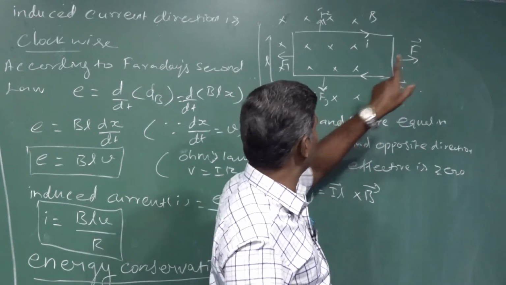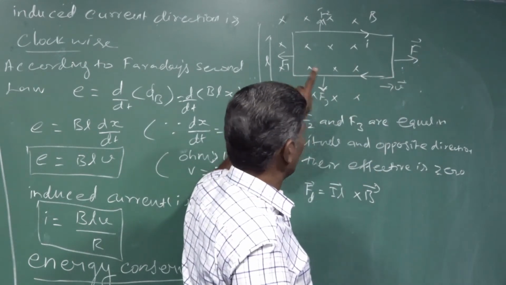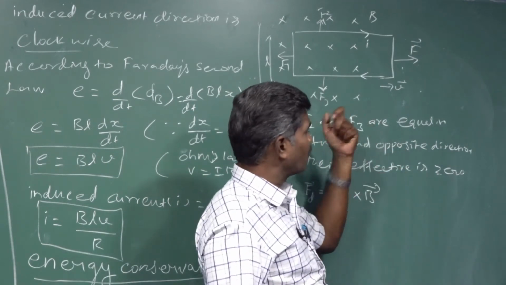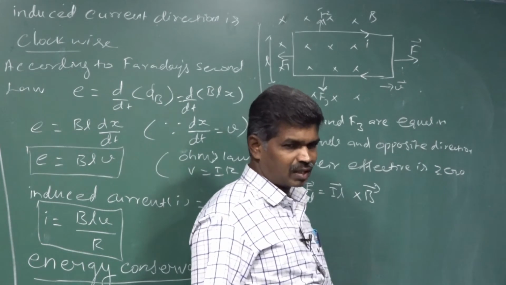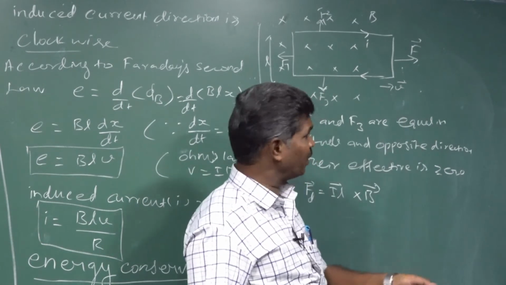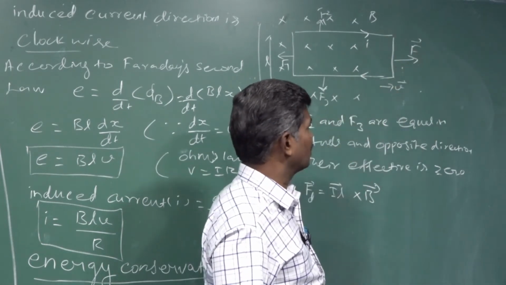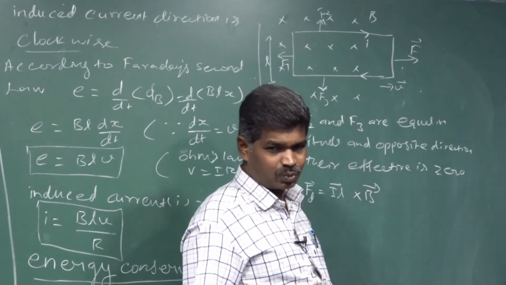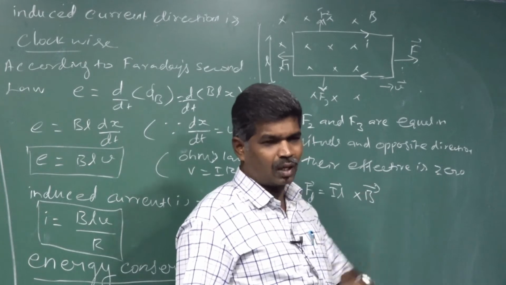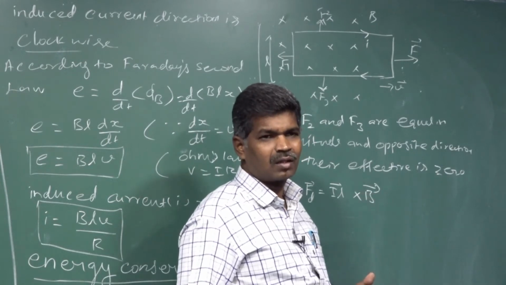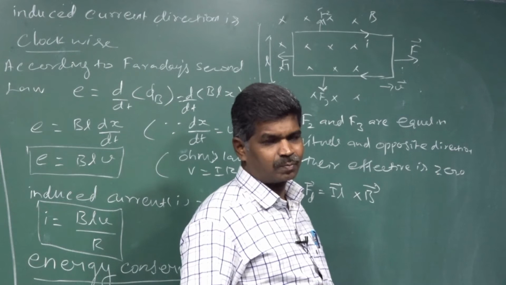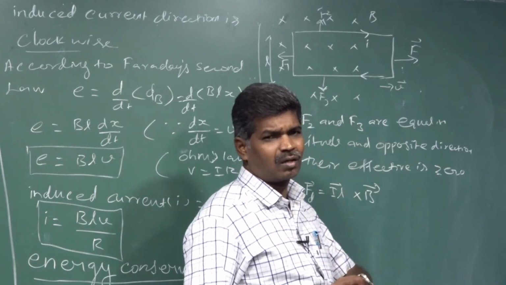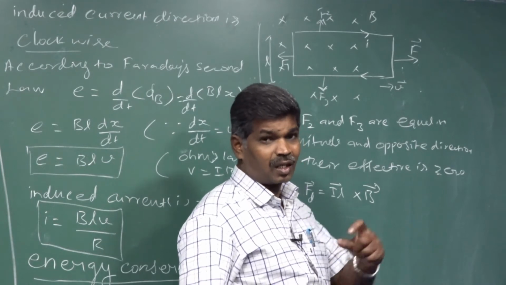If our applied force and that magnetic force are equal and opposite, then that loop can move with a constant velocity. Whatever it may be, our applied force does mechanical work against the magnetic force. What amount of mechanical work done do we want to calculate? That mechanical work done we are now going to turn into the rate of doing work.